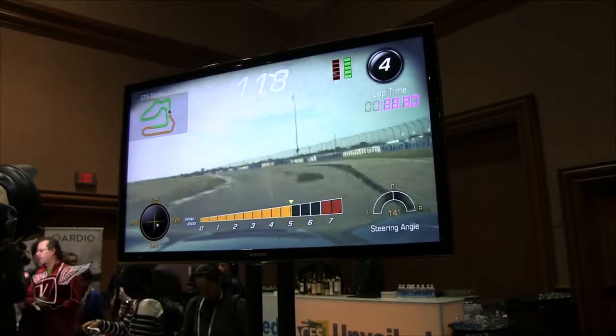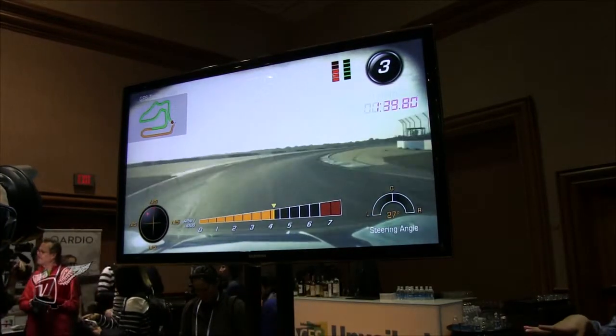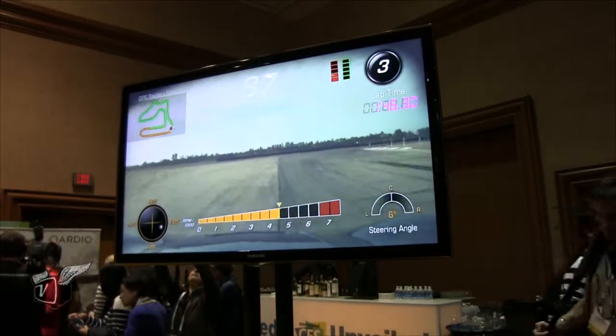What it does, it's a camera mounted behind the rearview mirror. As you can see on the screen behind us here, it's recording, in this instance, Sebring Raceway in Florida. It's Tommy Milner, one of our Corvette racing drivers. And what it's doing is recording his lap around the racetrack, taking data from inside the car's systems, giving you G readings, the engine speed, the car's speed, how hard you're on the brakes or the gas, taking all that data, putting it onto an SD card that's mounted in the glove box